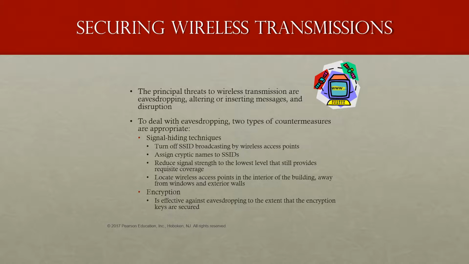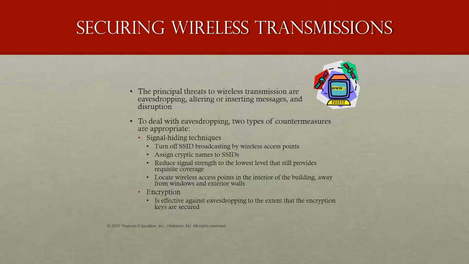The principal threats to wireless transmission are eavesdropping, altering or inserting messages, and disruption. To deal with eavesdropping, two types of countermeasures are appropriate. Signal hiding techniques. Organizations can take a number of measures to make it more difficult for an attacker to locate